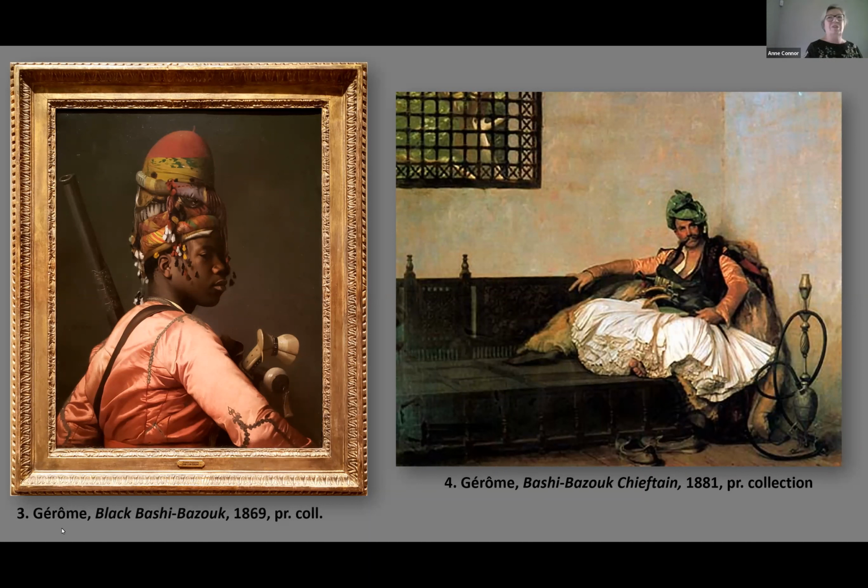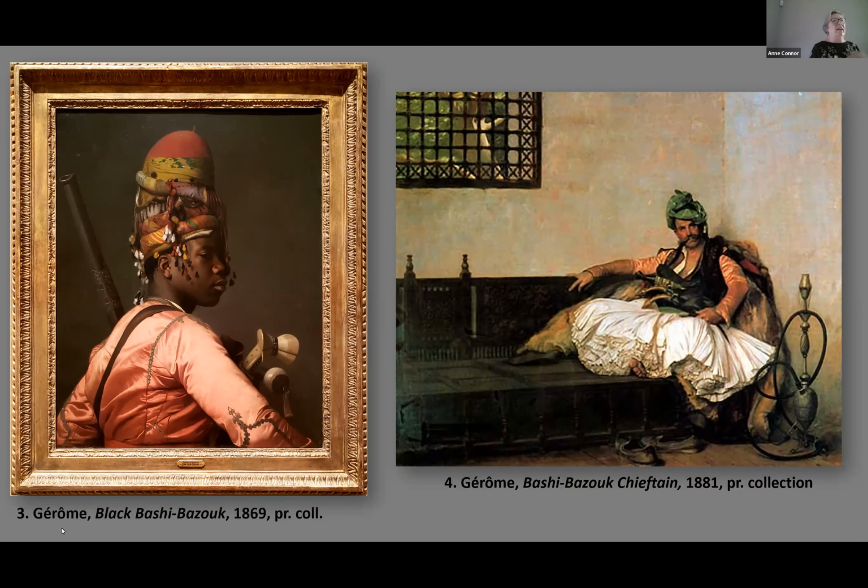Coming back to art, in the Black Bashibazouk painted in 1869, which I think is a masterpiece, it's absolutely beautiful the way it's rendered. But Gérôme there shows his talent. He was technically one of the most learned among the academic painters. He's very sensitive to the color, to the tone of the skin. Really beautiful. On the right, you have another Bashibazouk, a chieftain, who is there with his skirt.